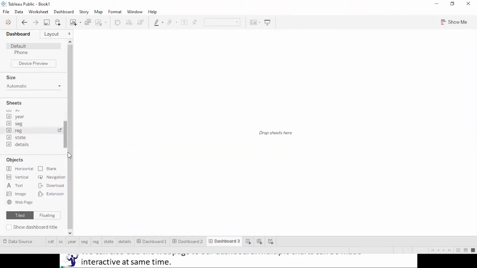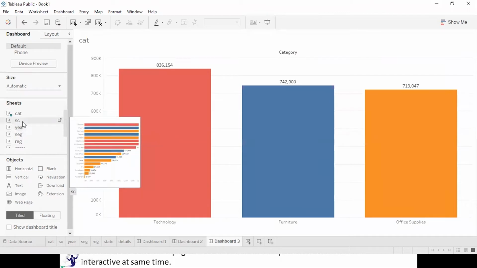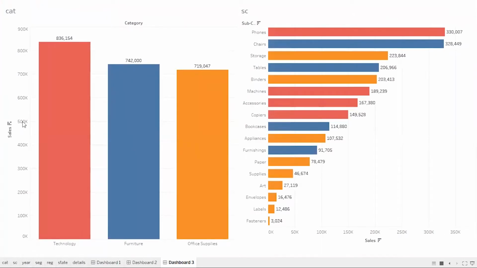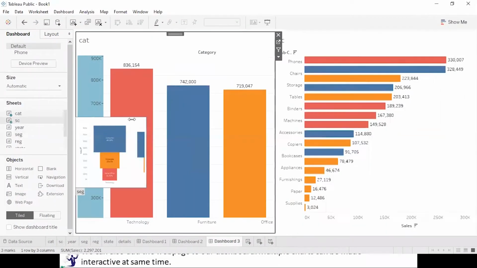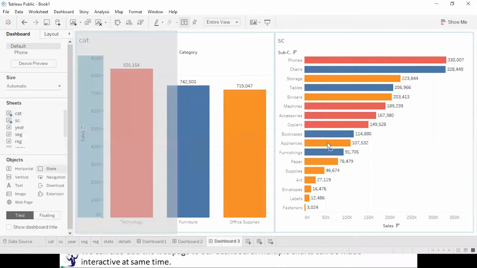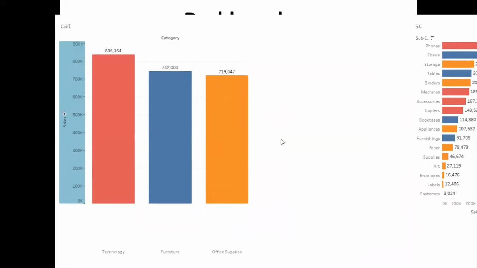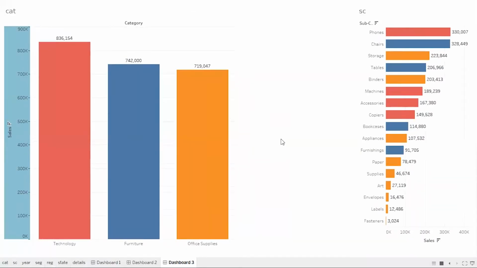Let me take the category sales and the subcategory sales. Now, if you look, there is no gap between these two visuals. If you want to put some gap between these two visuals, there is a blank object. Just put this blank object and you will see a gap over here in these visuals.